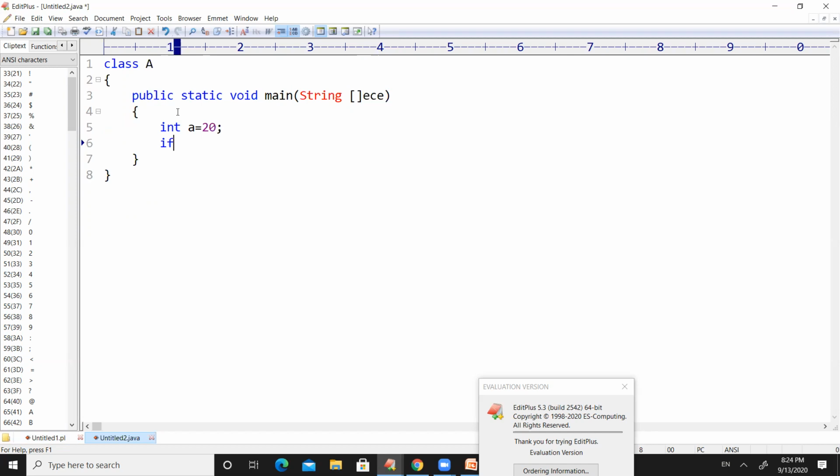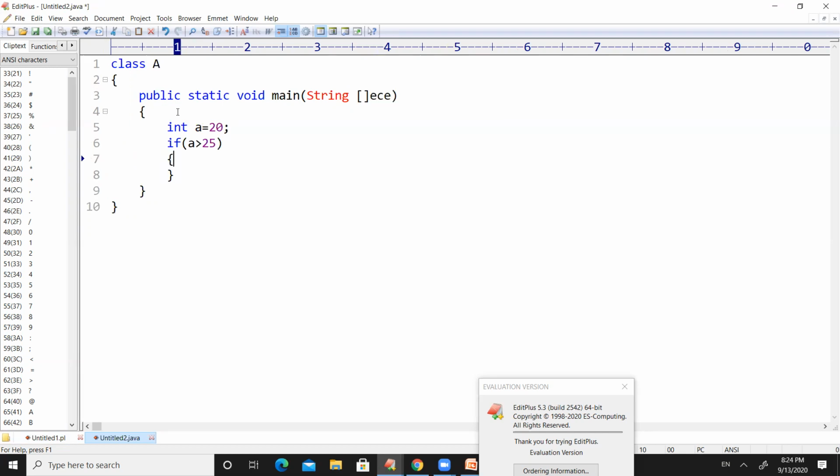And now write an if condition that if a is greater than 25, print System.out.println something called youngster.